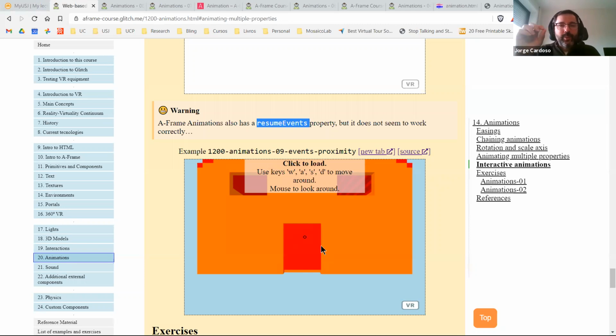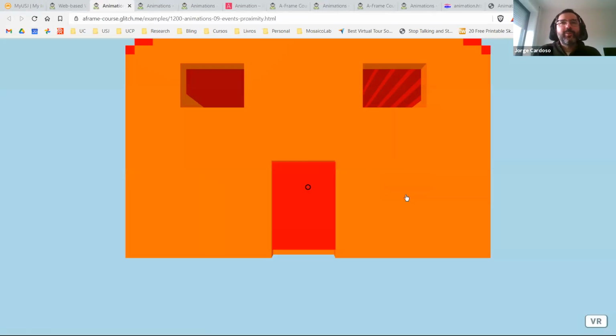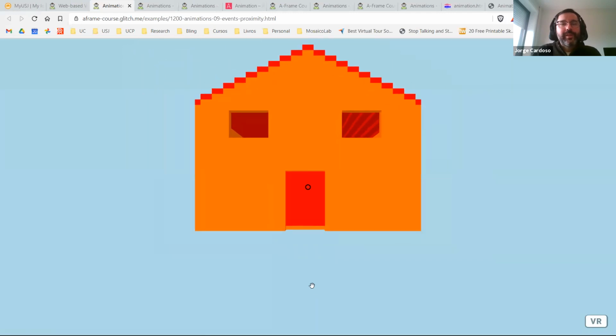And yesterday we used the event set component to make an instantaneous change. But now with an animation, we can make it even cooler by using the proximity sensor as a trigger for an animation